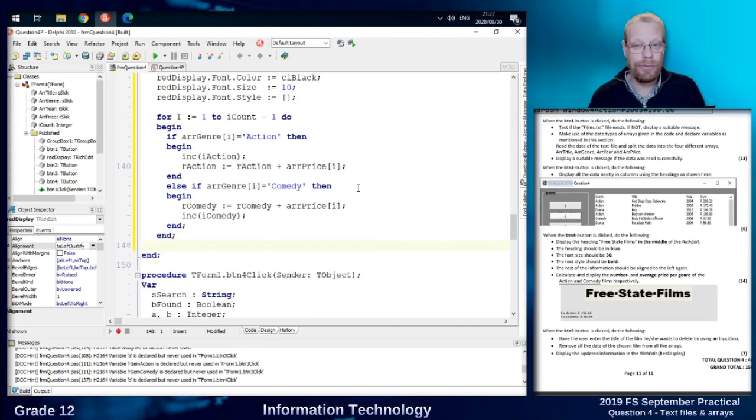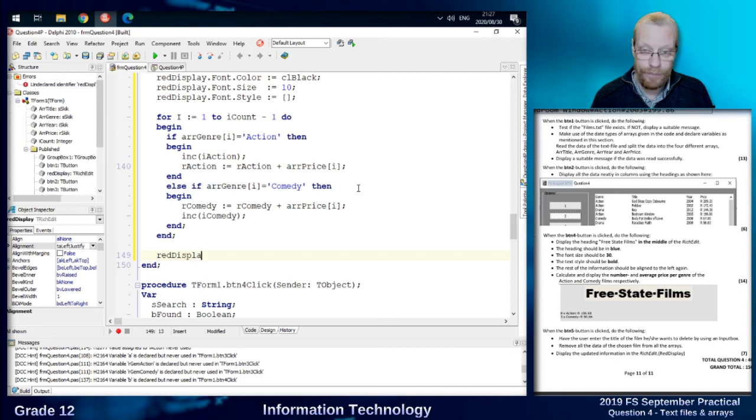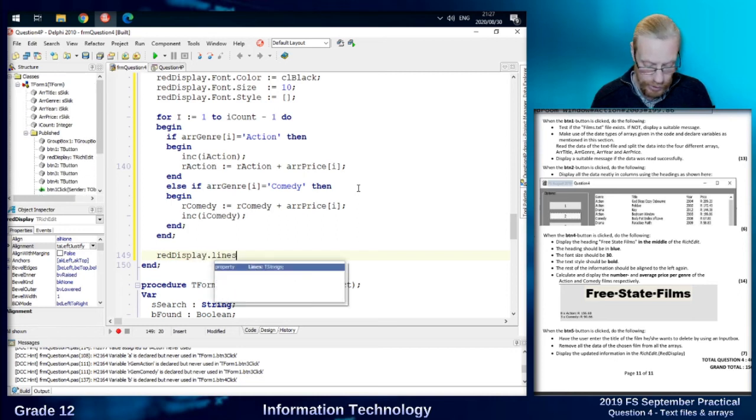Wasn't supposed to jump around, but there we go. Okay, that should calculate the totals of R action and R comedy to get the average, which we're going to show. Calculate the number and the average. So I'm going to say red display dot lines dot add,